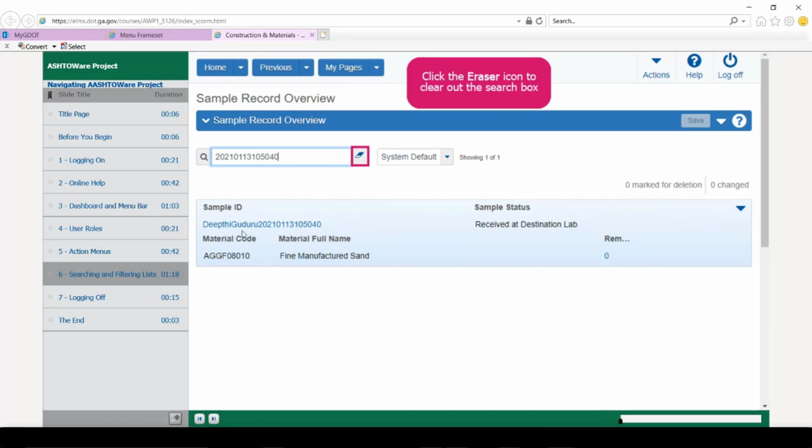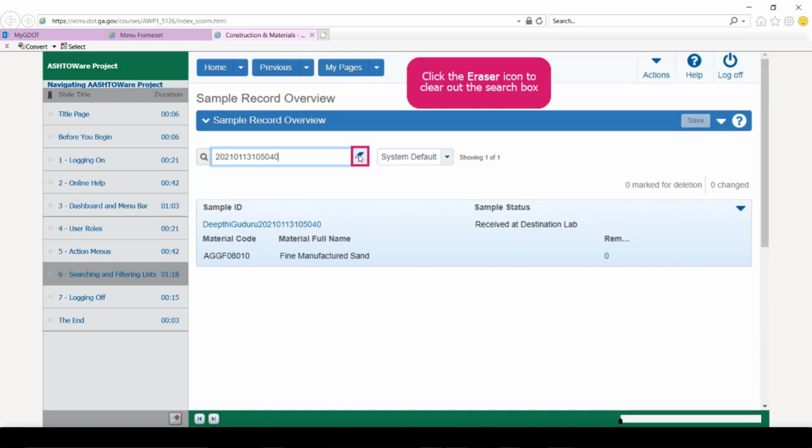One really convenient thing about the way that the sample records are managed in this Ashtaware system is that they will have the name of the person who initially set up the sample, and also it will have the year, month, day, and time all digitized for you so that each number that you see in here represents the specific time this record was created. And thus it has a unique ID string for each item.